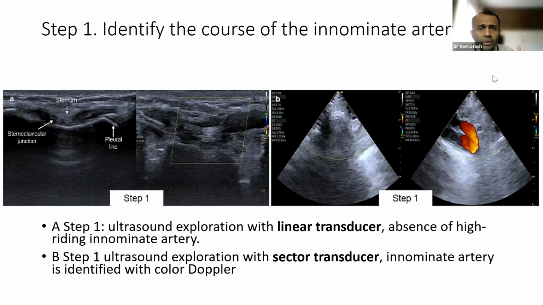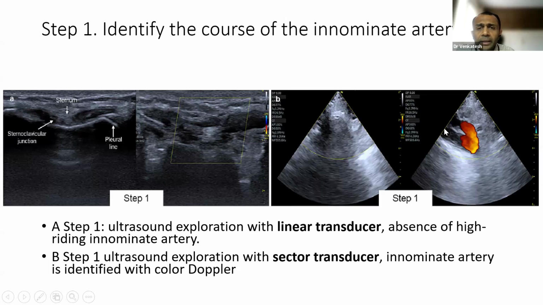Then you put the color Doppler and look for any vessel signal. You have to slide the probe from caudal to cephalic direction to see if you are finding any Doppler signal. You can also use the cardiac probe, that is the sector transducer, at a similar location, the suprasternal notch. You put the probe and put the color Doppler. If you see this kind of bifurcation of the innominate artery,